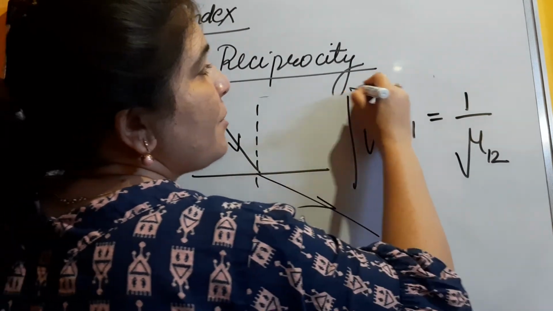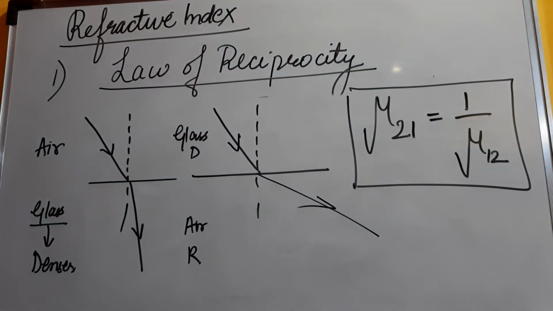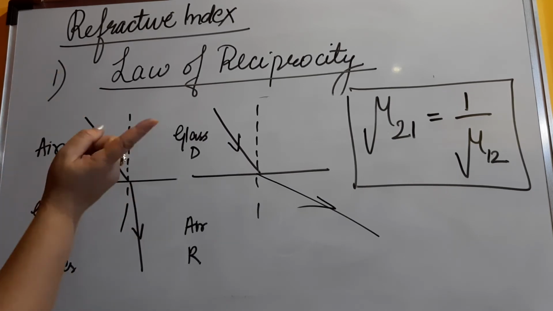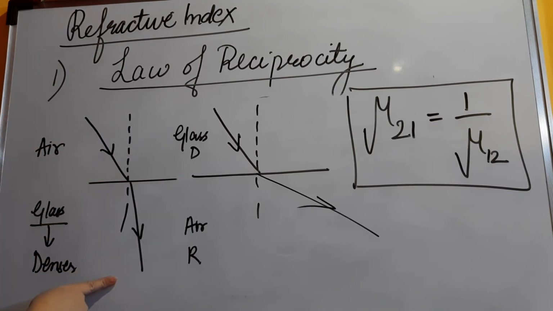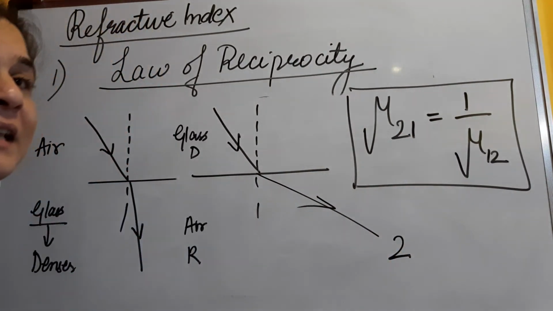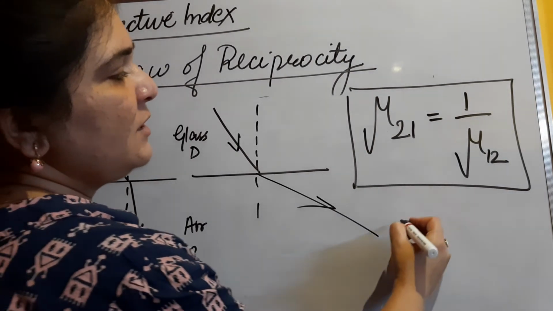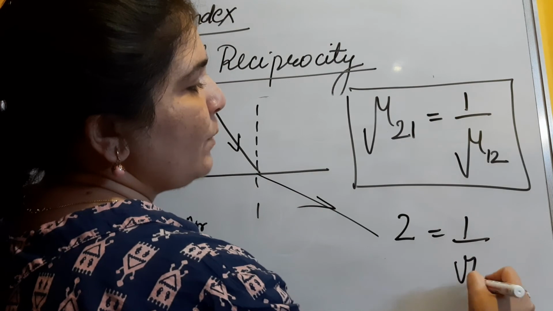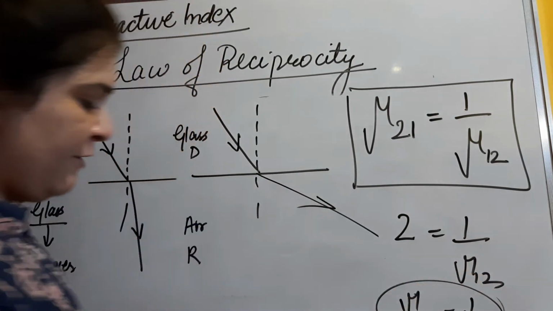So this formula is going to be used in the numericals, wherein the numerical will talk about any two different mediums. So maybe it will tell you that the light ray is moving from air to glass, and the refractive index is, let's say, I'm talking in layman terms, refractive index is 2. Find the refractive index when the light ray is moving from glass to air. So what you need to do, you simply need to invert it. So this is given to you 2, you have to find the other one. So what you are going to do, mu 1 2 equals 1 by 2. So the reciprocal of it will be the answer.